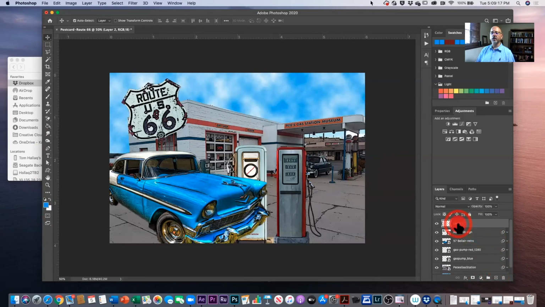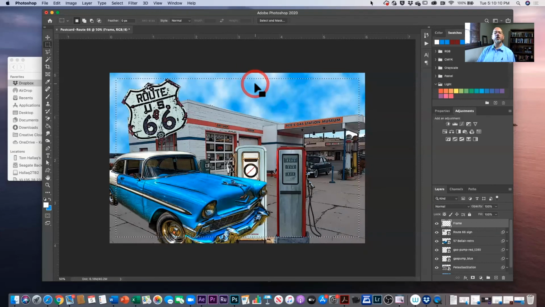And I'm going to call this one frame. And I'm going to create a frame that's white. So I'm going to choose my color, flip-flop there, so my white is on top. I'm going to come up here and use my rectangular marquee tool, and I'm going to use my guide right here, putting that right up in the left-hand corner. Use my guide to place one object there. And I'm going to drag it all the way to the lower right corner. Use my guide again, my crosshairs, and that should give us a nice even border all the way around, except that